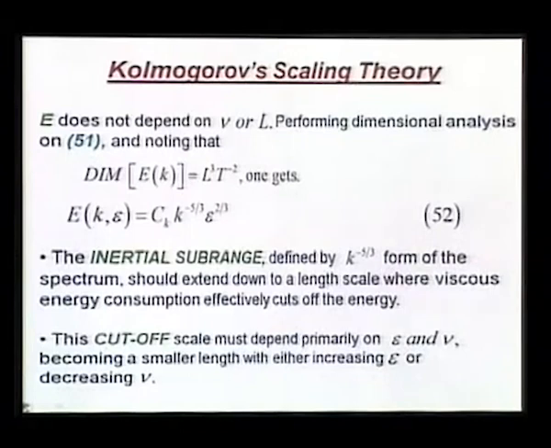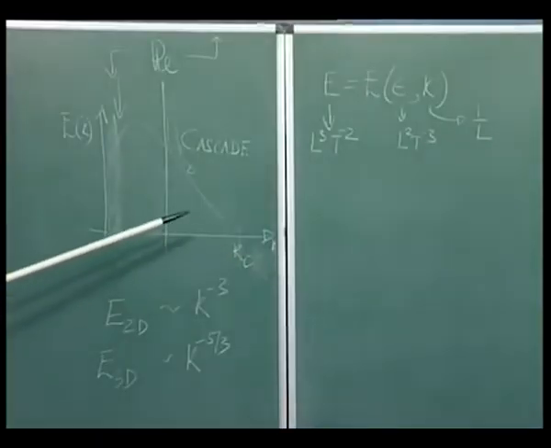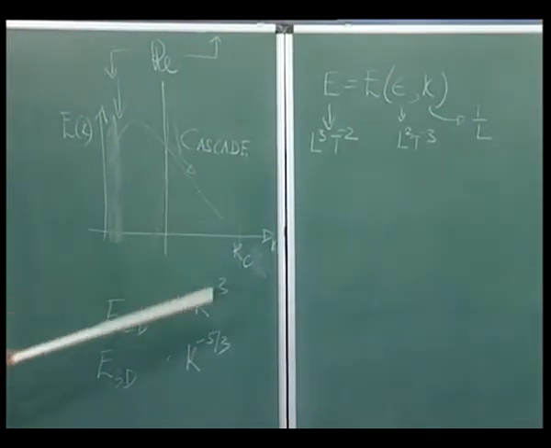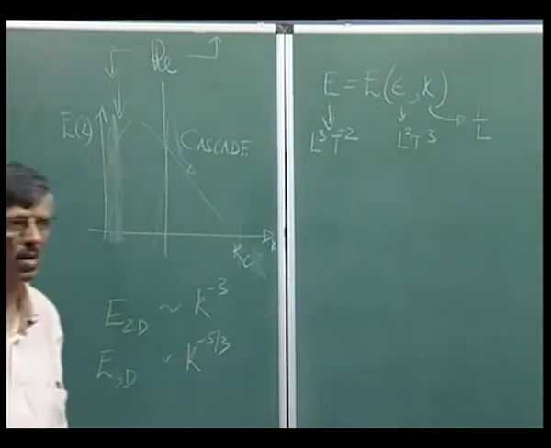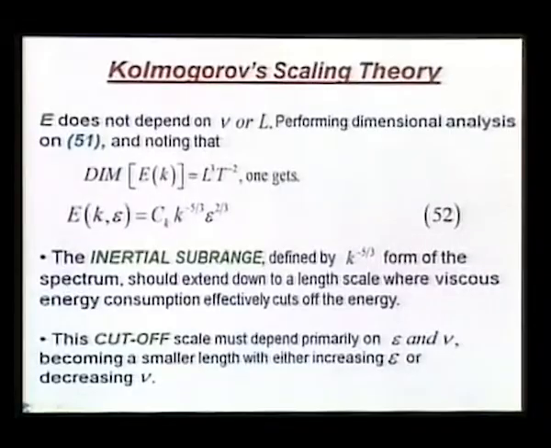What happens if the value of Reynolds number is large, we can actually go to much higher k. The smaller the Reynolds number, that means larger the value of nu, it has to end earlier, because that is where viscous dissipation takes over. Okay. So, this is something that we must keep in mind, that this cutoff scale will become smaller if we either increase